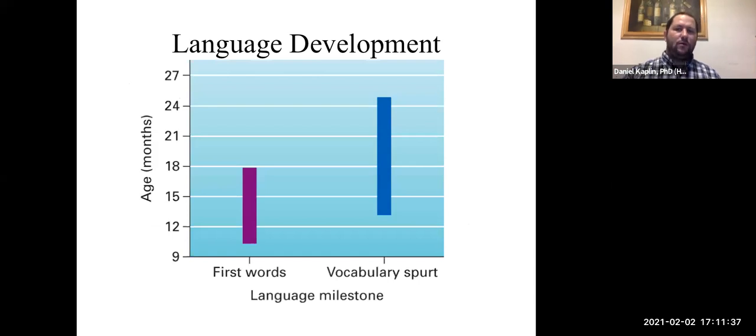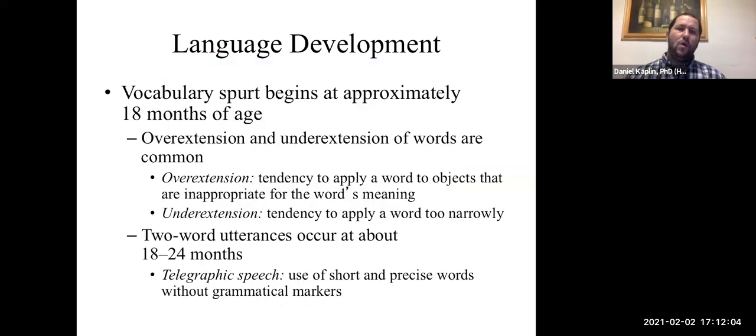12 months. Now, we do have a vocabulary spurt, a word explosion, whatever you want to say, and that also happens at around 13, 14 months through early childhood, massive rapid acquisition of words. But you say your first words in this span of time. Now, you have your vocabulary spurt. One of the midpoints is about 18 months. But just because you learned a word doesn't mean you use the word